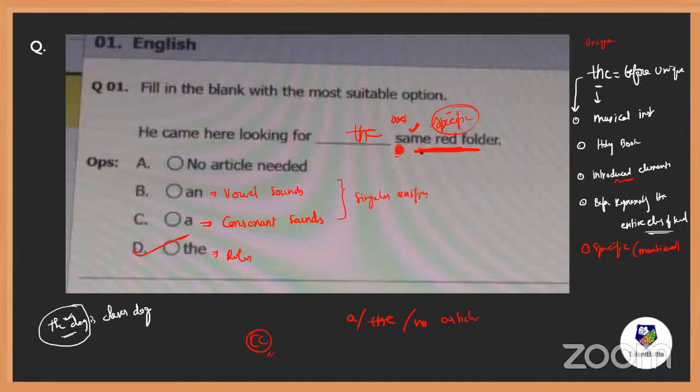Since the word "same" is there, I should definitely use the word "the" only, because "same" talks about something that he wants particularly. Same talks about something particular, which is specific. So before specific, we always use "the". Got it? I hope you all understood the point, everybody. That is nice. Now do one thing, screenshot, we'll move on to the next one.